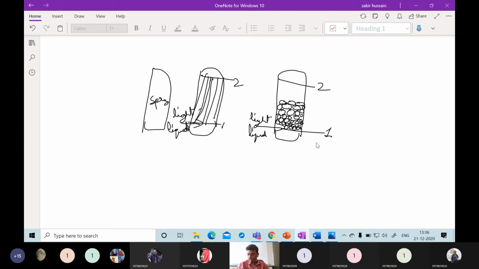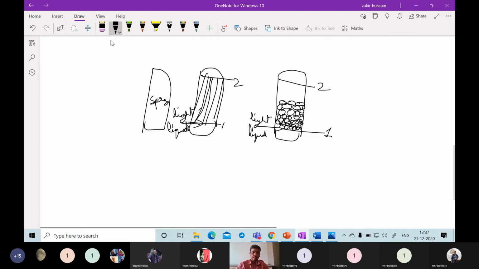So now the light liquid has to travel from the starting point to the second point. How does it travel? It has to look for an opening first. Here some opening is there, so it travels first. Then it has to look for another opening. Now it has to travel in this direction or this direction. Then it has to look for another opening, and travel until here, then like this. So this is called a tortuous path. So the tortuosity will be increased.